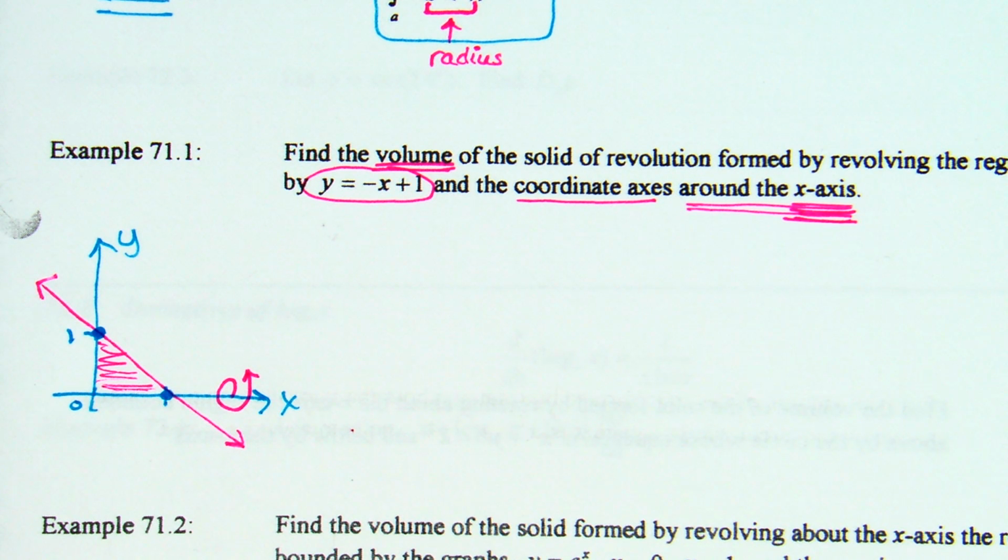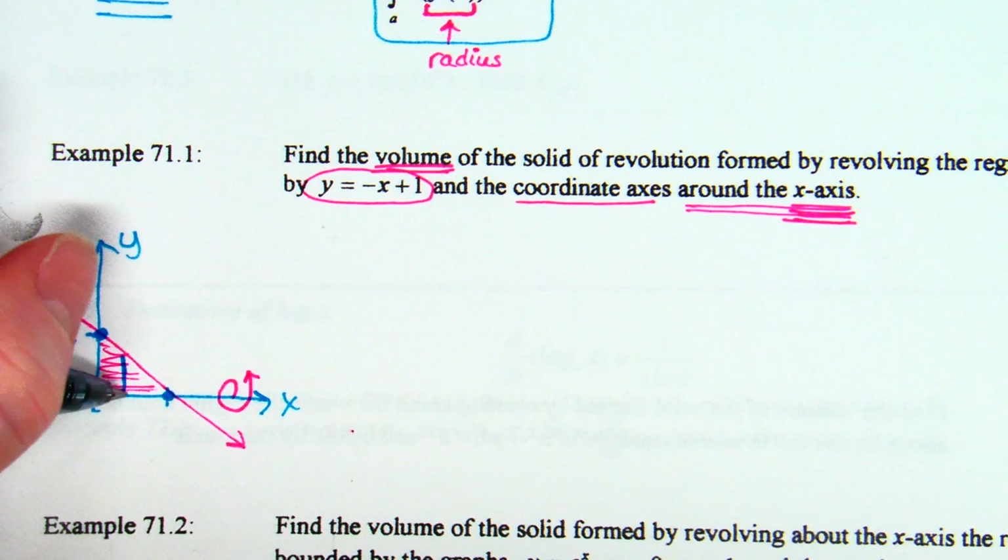We have this triangle. It's going to rotate and form a cone now, right? So we're essentially finding the volume of a cone. But we don't have to know the volume formula or anything. What's going to happen is that we're going to take a slice of this. Okay, so if I take a slice of this right here,